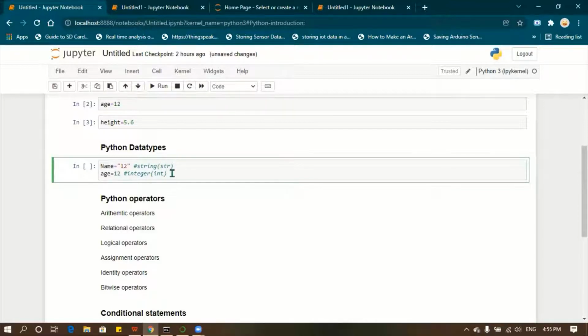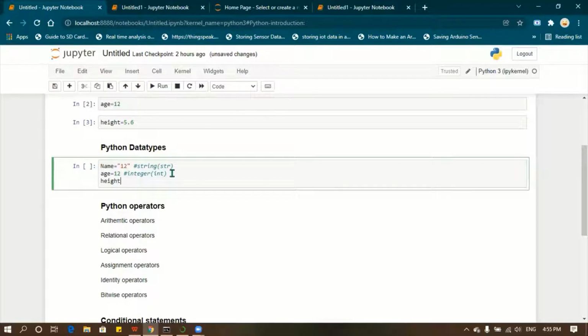And height is equal to 5.6, it is float. For the float data type, there is no short form. You can use the whole word itself.